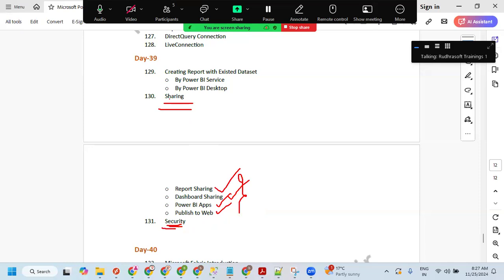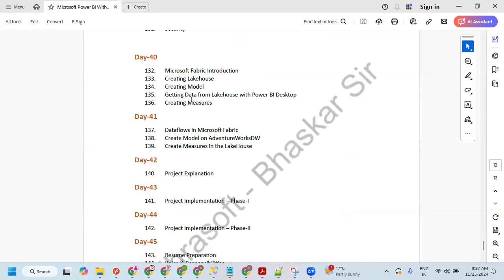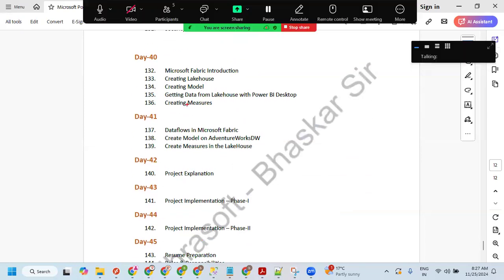And then followed by security, how we can provide security for your report in the Power BI service. And then I'm also going to talk about Microsoft Fabric. This is new content, not purely related to Power BI, but